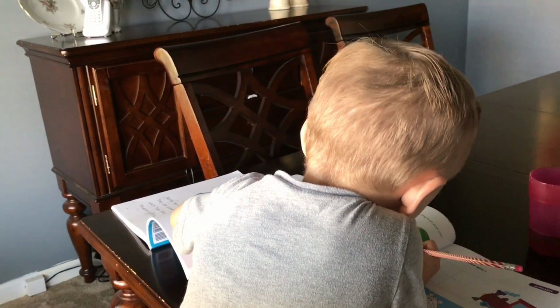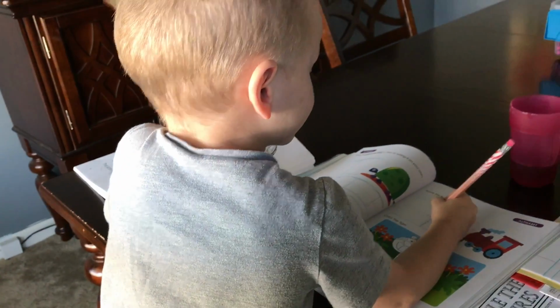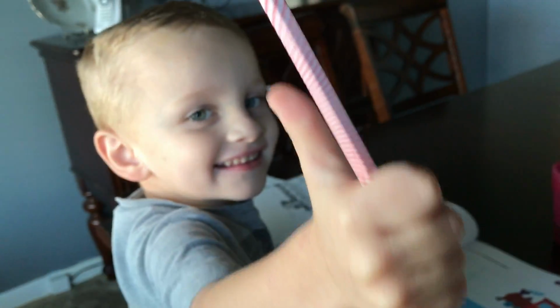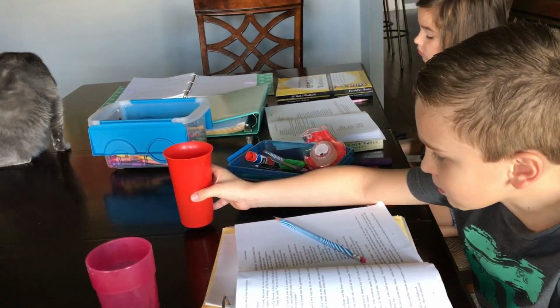But I wanted to finish it all out and make sure that he knows how to write them, which he's practicing now. He's writing out his T's. And I want to make sure that he can really have a solid understanding of his letters before we start reading. They're still finishing up their reading,